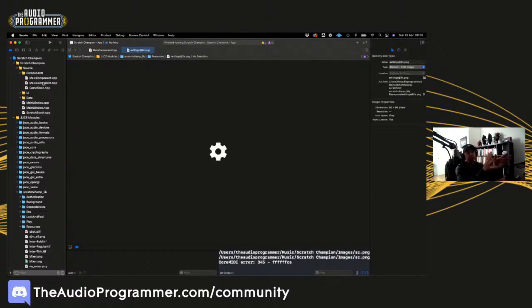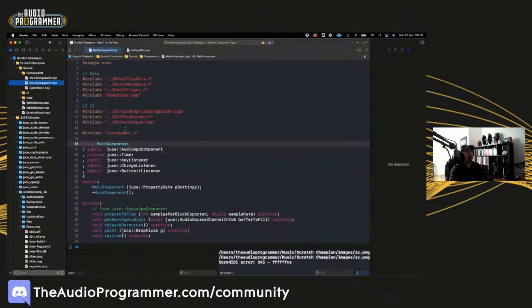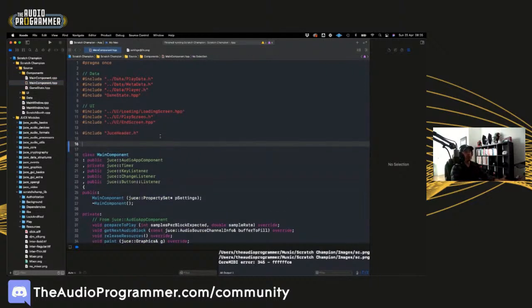So maybe it's just a button that doesn't know what its state is, and that is defined in my main component. So I don't know. We'll worry about that in just a moment. So first thing that we're going to do is put this just in the main component class for now, just so I can actually get it in here and get it working. So this will be class settings button. And